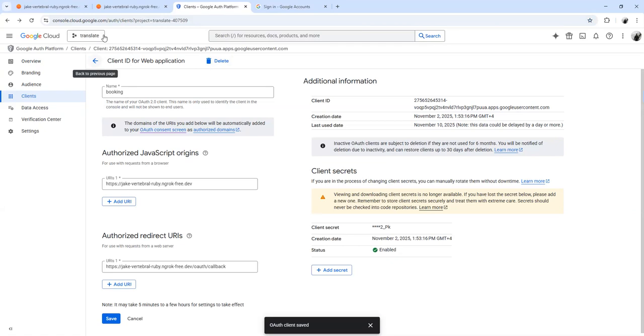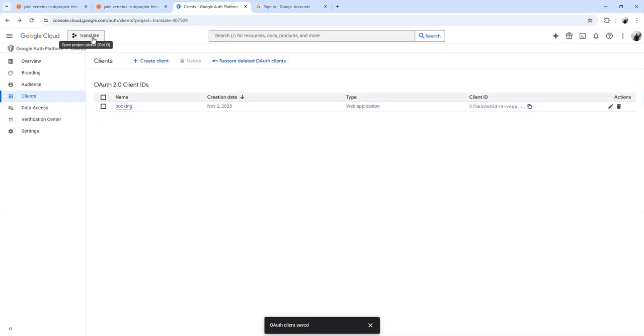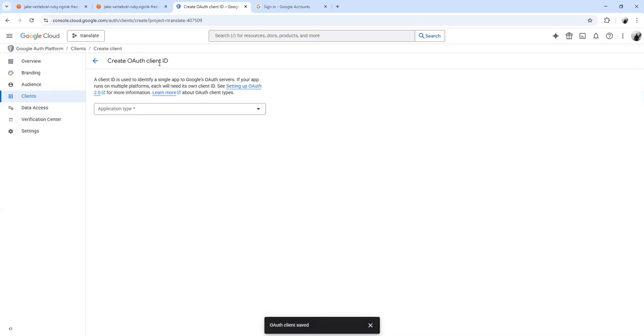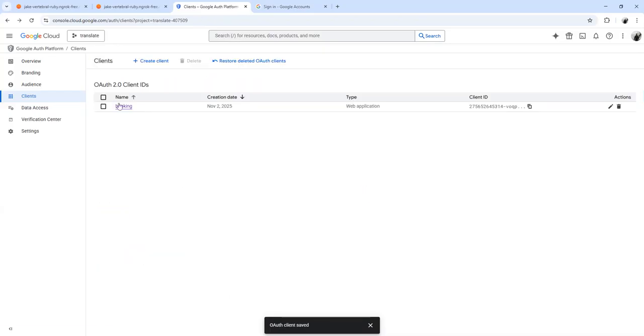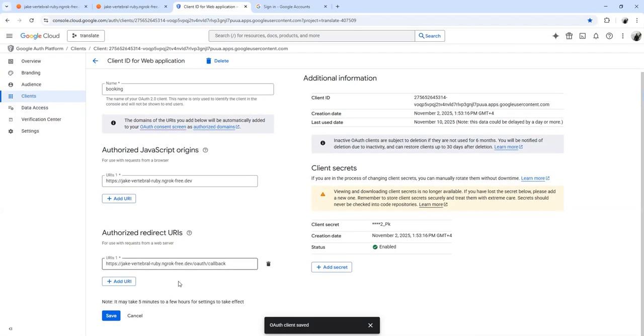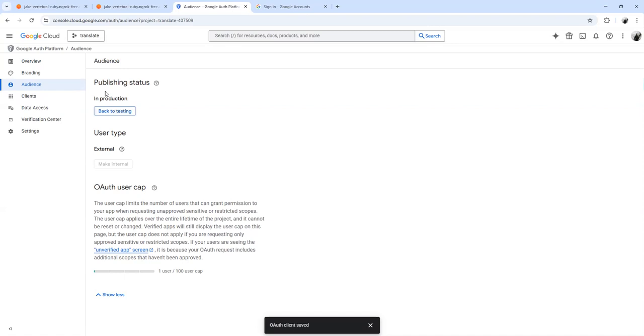On the Google Cloud page, we create a project, then we create a client, select web application, and add the URIs pointing to the redirect URIs that we already did. And after that we just publish it.